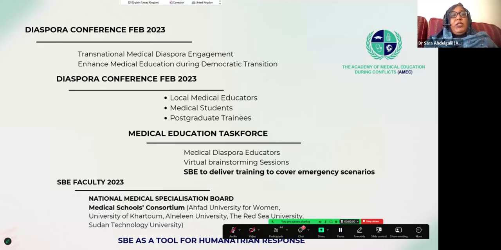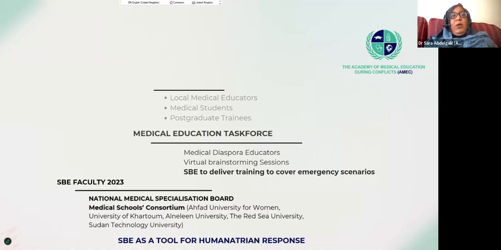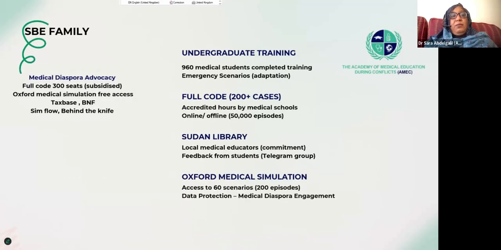What we were aiming for in 2023, and what we have achieved, is to develop a faculty in partnership with the Sudan Medical Specialization Board and with medical school consortiums. That is really important for quality assurance, governance and accreditation. And what happened next, which will be explored further, is the development of the SBE family, where 960